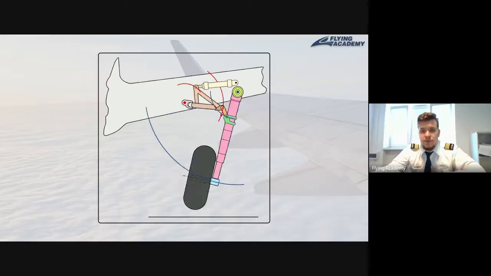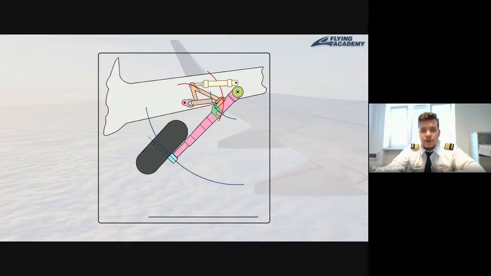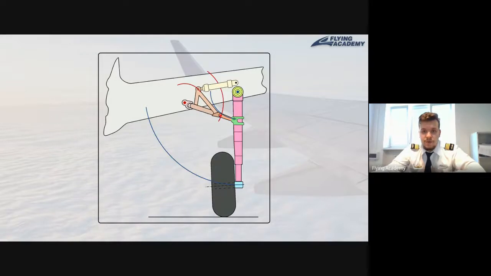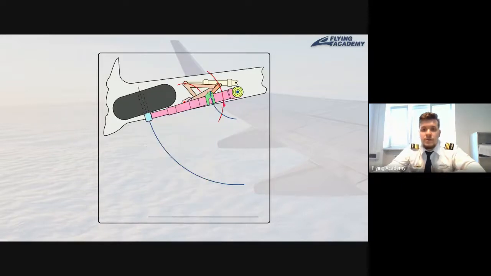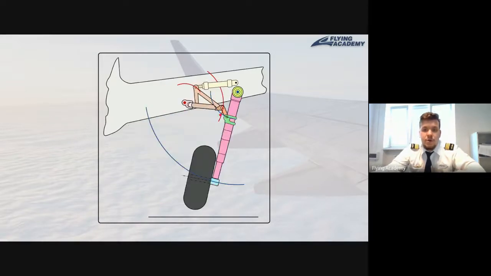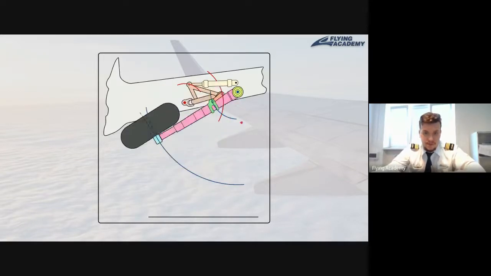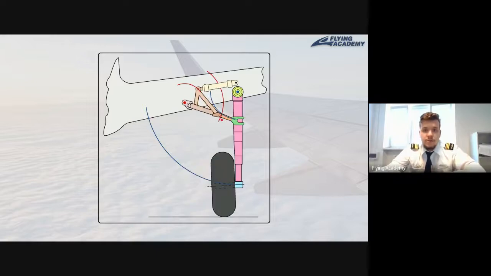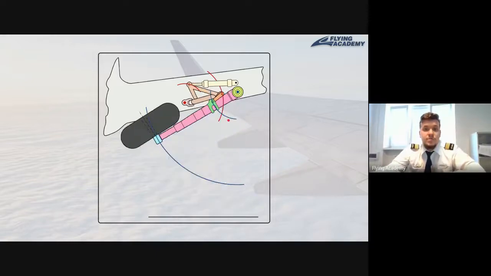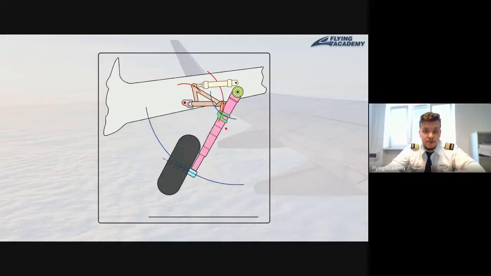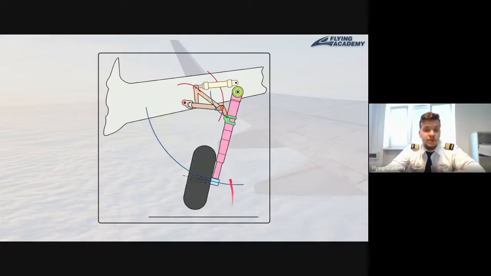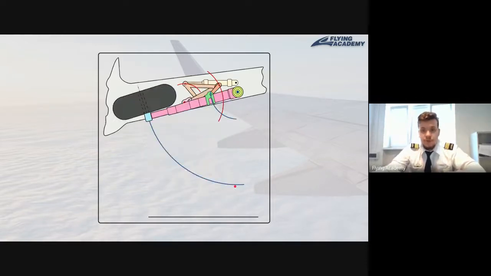And if we pay attention to how this element moves, or technically the axle of this element, it's the red line here. You can see that it's going over the center, or going lower than the axle of the landing gear itself. So at the moment when our landing gear is in the fully down position, this element will prevent the retraction of the gear in case we have some load pressing on it.